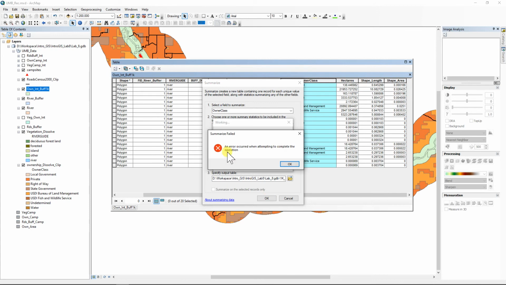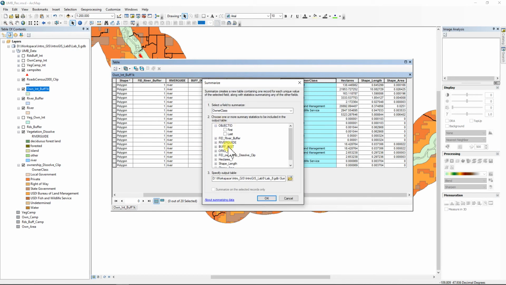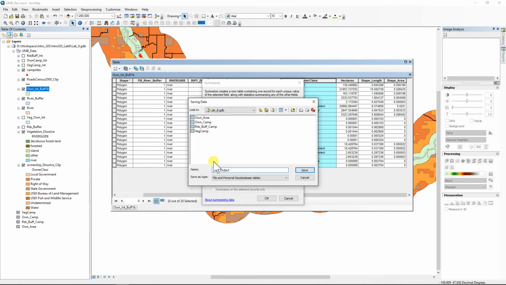And uh-oh, what happened? Attempting to complete the operation. Something went wrong. Okay, that's all right. It's not the first time I made a mistake in GIS. So let's go back to hectares. We're going to sum it. Probably that name had a number in it. It didn't like it. So this is going to be